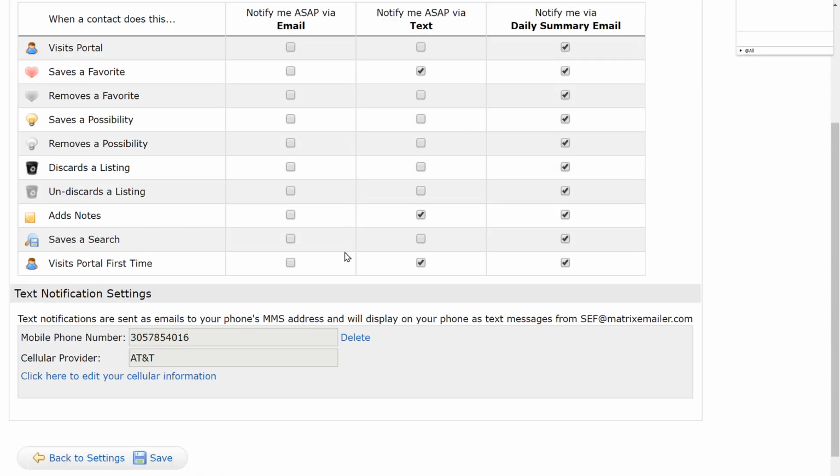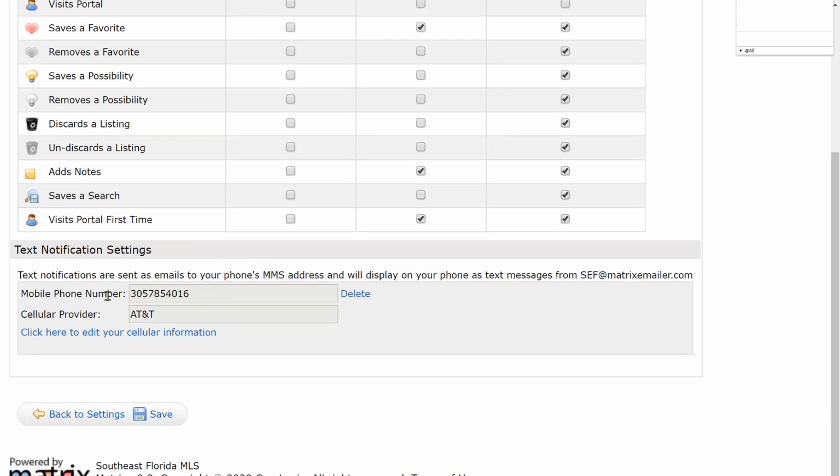So you can go ahead and select your notification options. If there is an action that you're not interested in receiving any sort of notification for, you just don't select any of the 3 notifications. You can select 1, 2, or all 3. It's up to you. In your text notification settings, this is basically where you would opt in to receive text